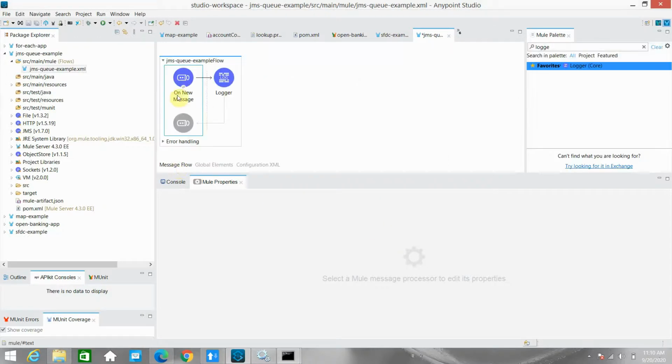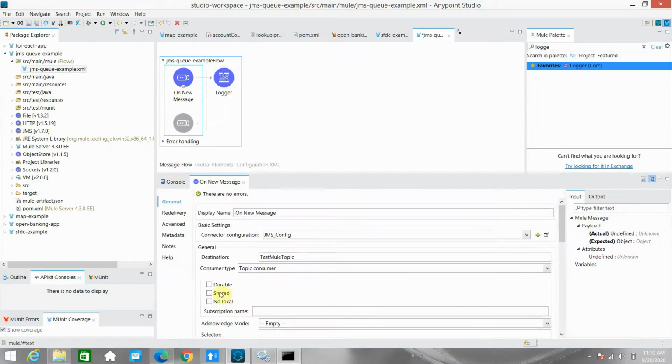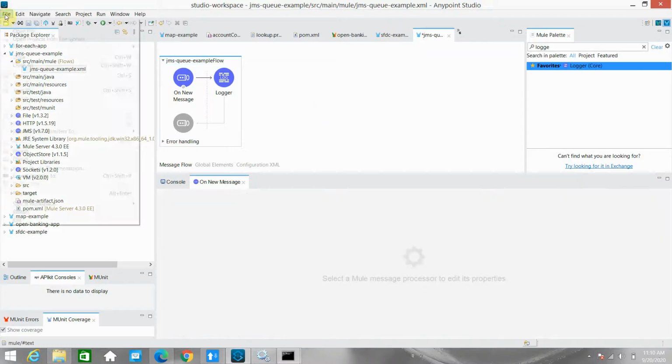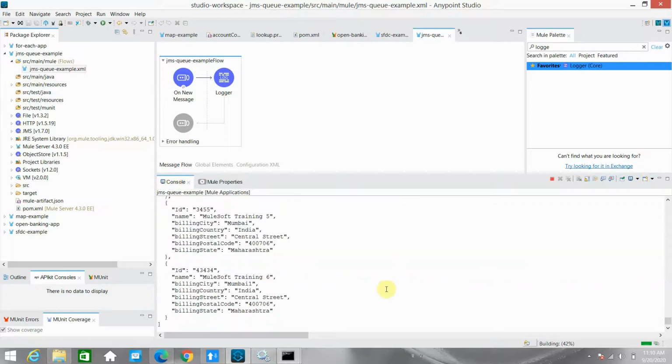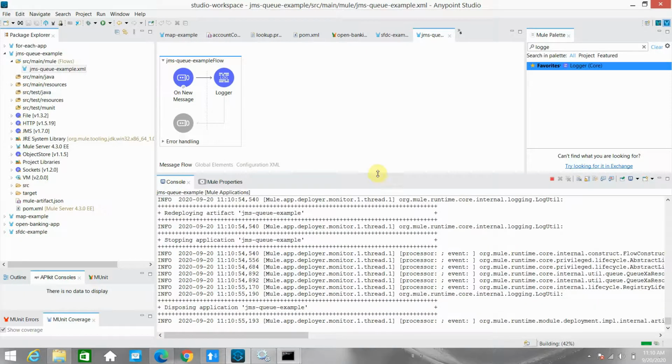Now you have to do some more configuration at the connector level. You can say durable, and you can say test or mule subscriber. Okay, so make it durable and mule subscriber. Now save the application. Once you save it, it deploys the application. First we need to register, then it can process the message offline. If you put the message now and it is not registered, it will not pick the message which was delivered while the consumer was offline. First the consumer needs to be registered with JMS.